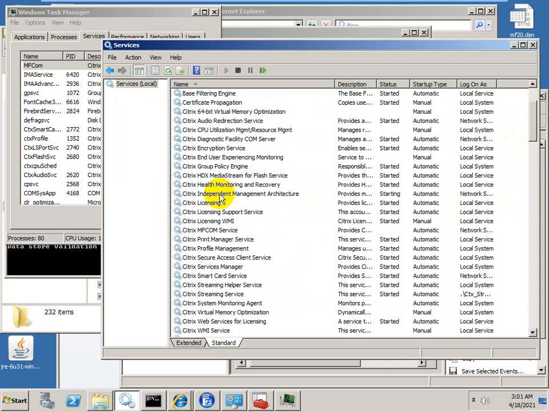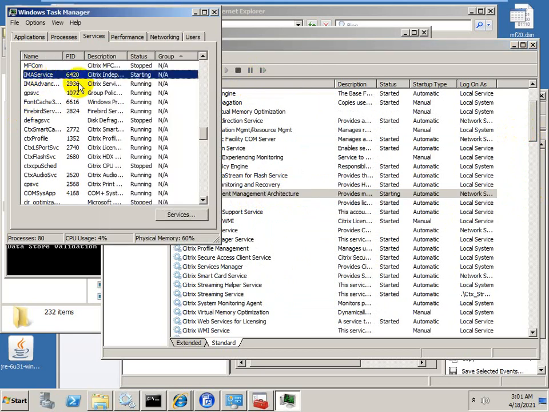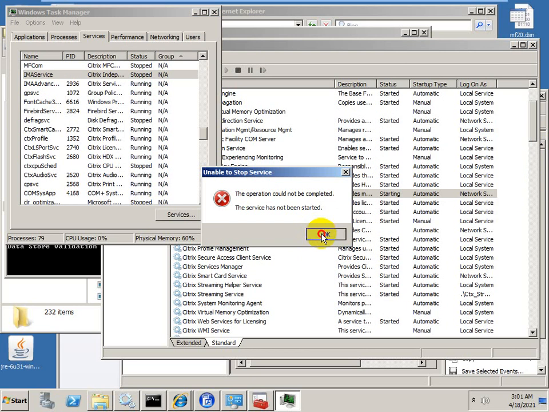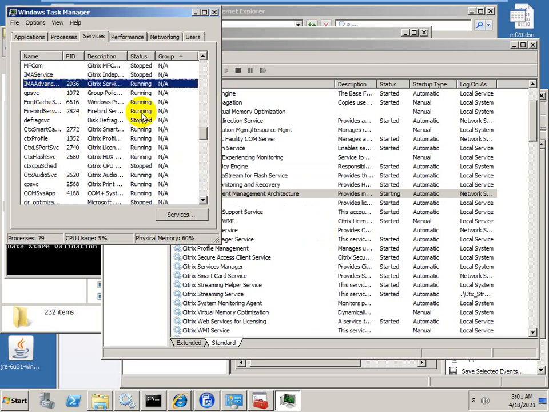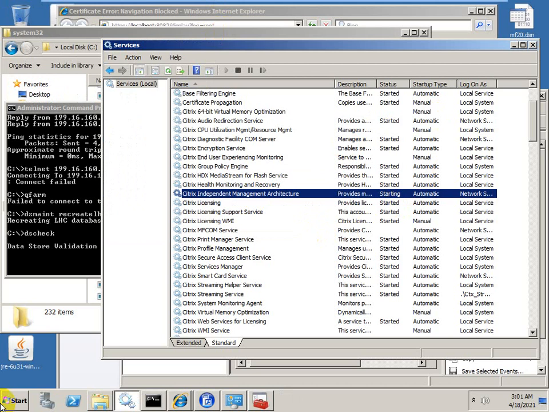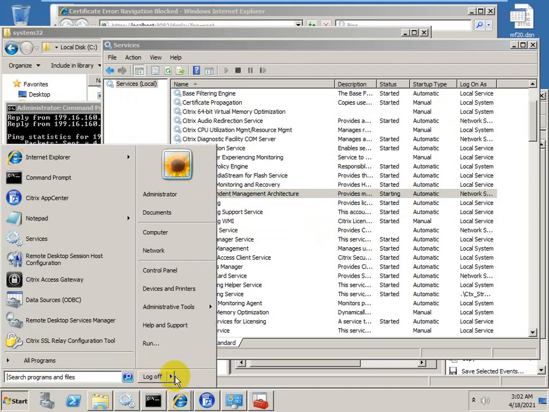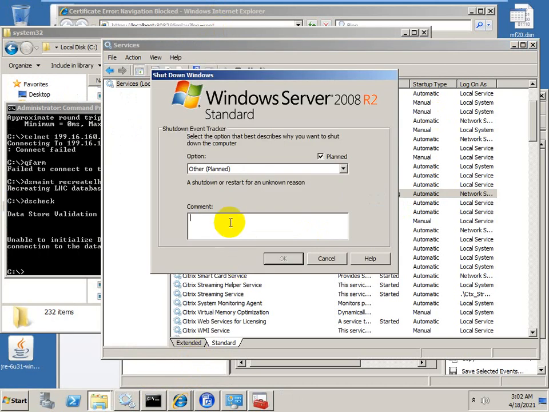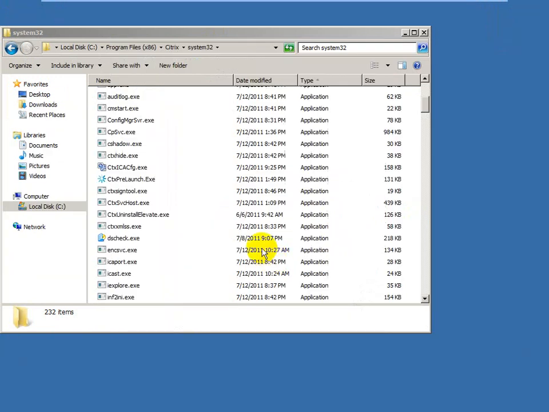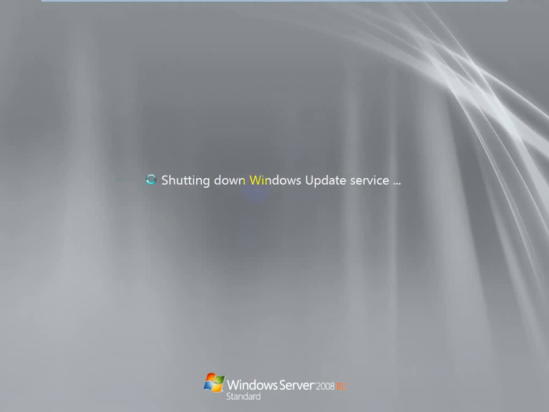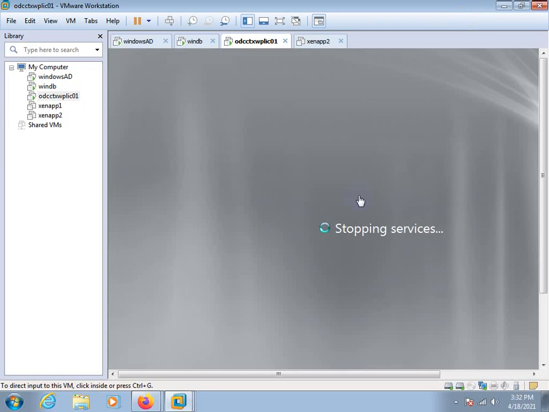Is the IMA service started here? It's hanging. So for the IMA service we can stop the service, but the operation could not be completed. The service is hanging. For that, first we will restart the server. Let it restart.